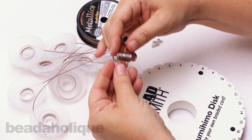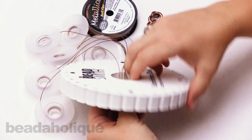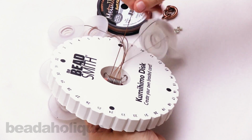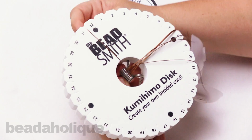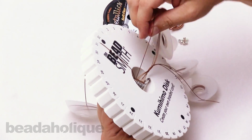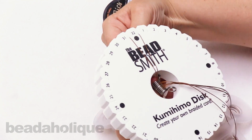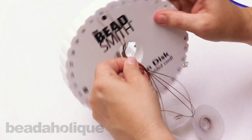So to get started, I'm going to take all 8 wires and sink them down in the middle of my Kumihimo disc. And then I'm just going to take my top wire and sink it between 31 and 32 on the left-hand side of this dot here. And same with my second wire, I'm going to sink it on the other side of the black dot at 32. And then I'll take my next wire